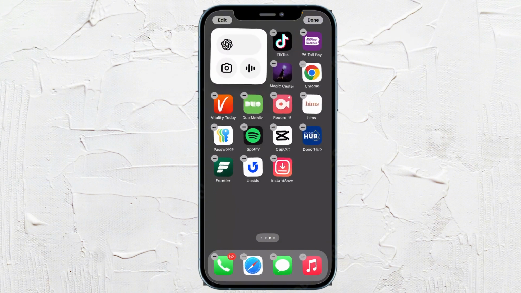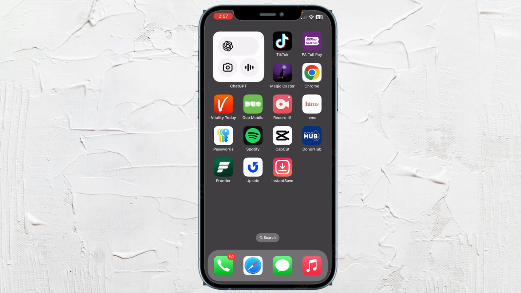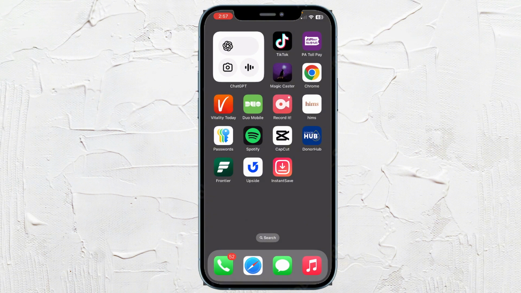And once you've made your final decision, you can go ahead and hit done at the top right hand corner, and that's it. From that point, you can open up your app just with a click of the button rather than going to find the app on your phone, and that's it. That's how you would go about adding a custom